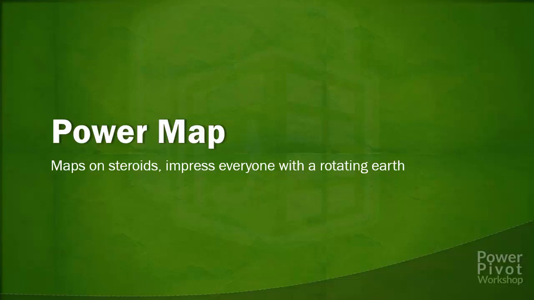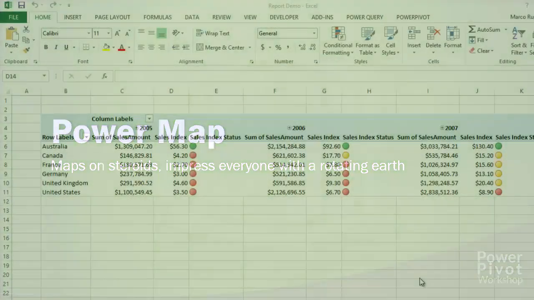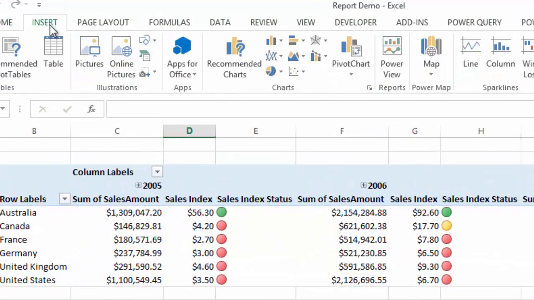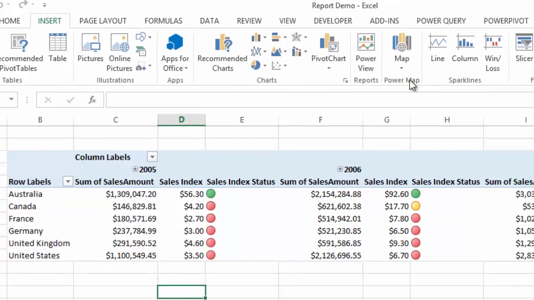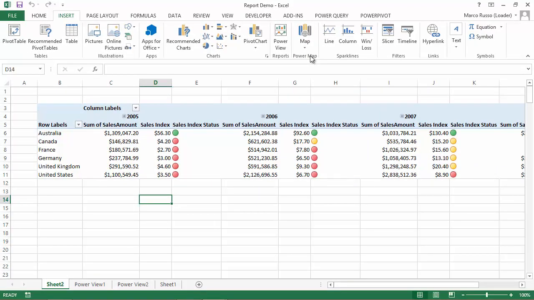Power Map is a tool dedicated to show data on a map, in particular using 3D visualization, and enabling you to create videos of your presentations with data on maps. The Insert ribbon in Excel contains a button to open the Power Map window. This button is available only if you installed the Power Map add-in in Excel, which you can download for free